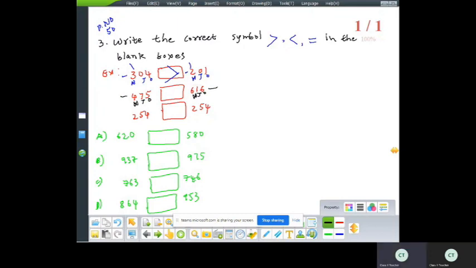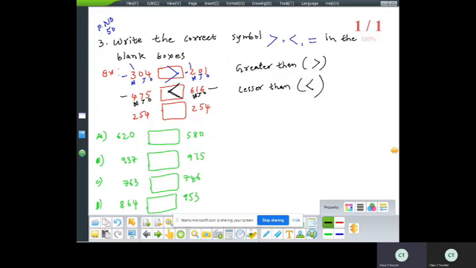By definition, we have to open the mouth on the bigger number side. Here the bigger number is on the right side. We open the mouth to the right side, which means we get the less than symbol. This is called the less than symbol. This one is greater than. The greater than symbol is this one. Now this is lesser than or less than. For less than, always open the mouth towards the right side.